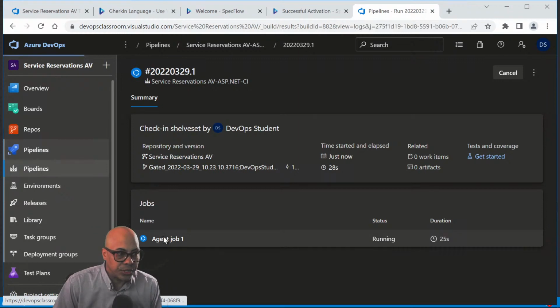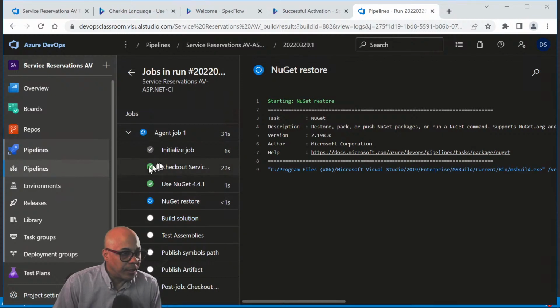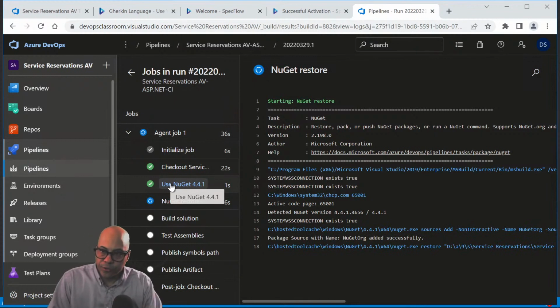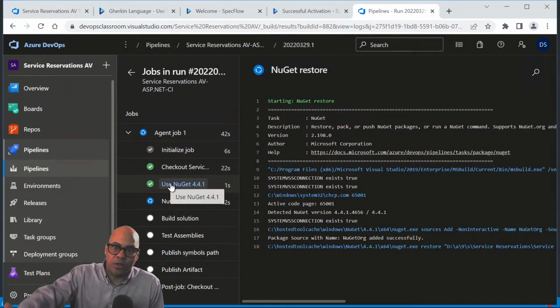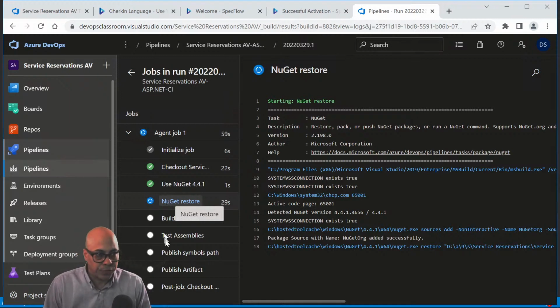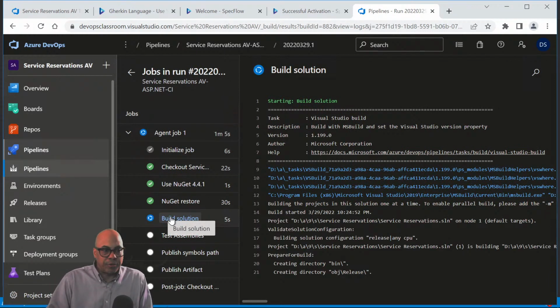And if I click on agent job 1, I can see the output for this job that's currently running. So it's using NuGet to load all the proper resources that my solution had in it on the integration server. So everything that I was running on my machine, since it worked on my machine, is now being installed on the integration server to make sure that it works on the integration server as well. So this is the NuGet package restore that's happening right now. It's downloading those things that we loaded into our project. The spec.run.runner and the spec.run.specflow are now being loaded on the integration server. And once that completes, then it'll move on to building our solution now that it has all the appropriate components.